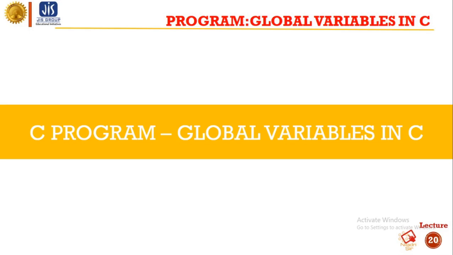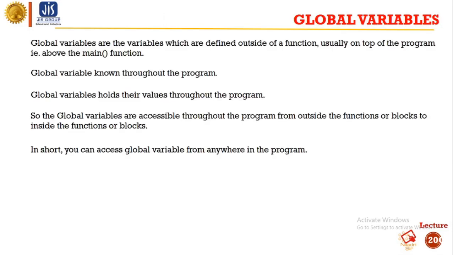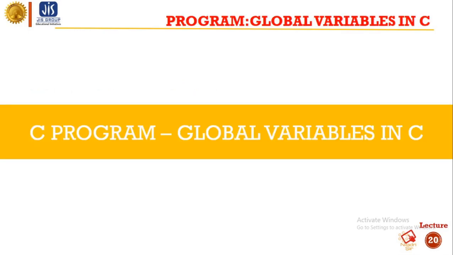In case the name of the global variable and the local variable are the same, before starting the program I want to say this point, this is a very important one. In that case the priority goes first to the local variable. The priority of the local variable is higher than the global variable, as you can see in our previous program. That means local variables will be used first. Global variables can be accessed by any functions or blocks.